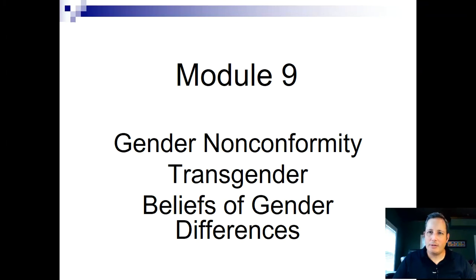So our last module of the gender chapter, chapter 5, is module 9. And we're going to look at gender nonconformity, transgender, and then some just persistence of the beliefs of gender differences. So I will say once again that your book tends to be a little bit behind and delayed. I imagine in the next edition there'll be a little bit more information about gender nonconformity, or non-binary, I believe